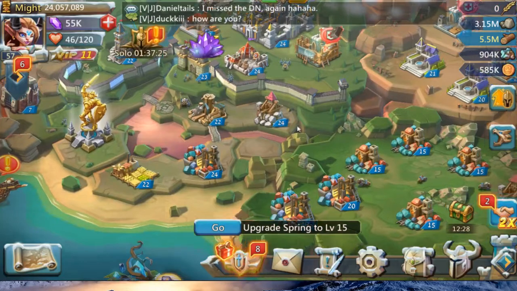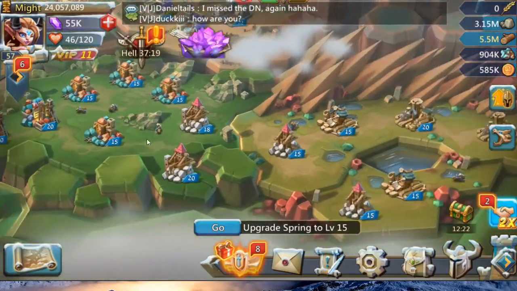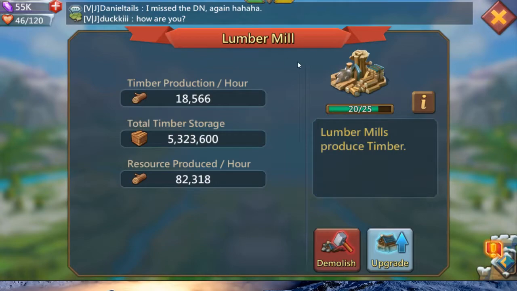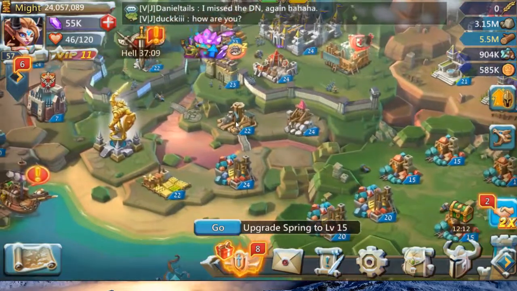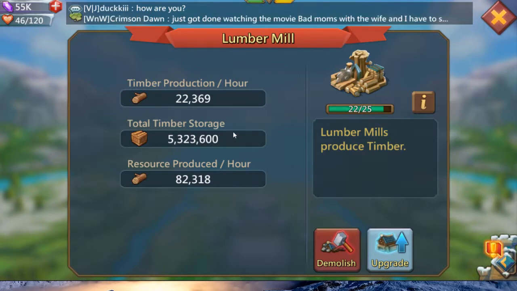You can either have these 4 spots here, and then all of these spots on the bottom are where you can build your resource buildings. So these are lumber mills. I currently have 5 lumber mills, and I produce 22,369 timber per hour. And this one produces 22,000. Total, I produce 82,318 timber per hour, and I can store